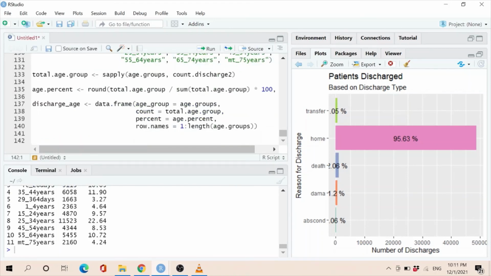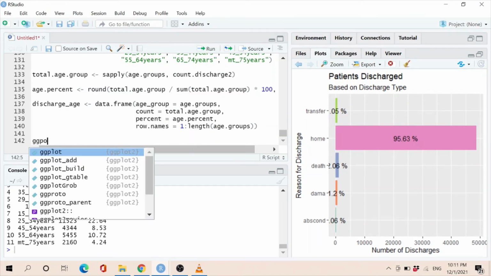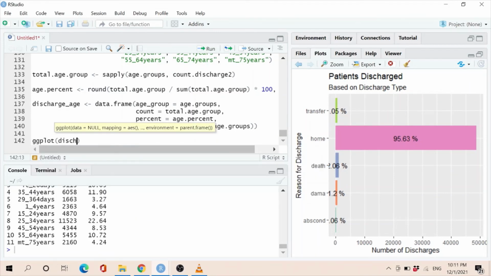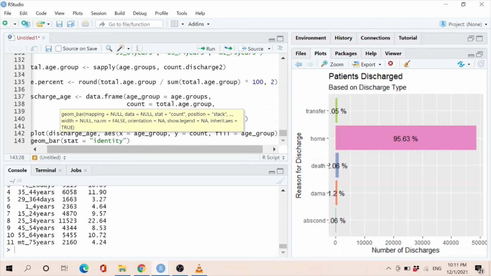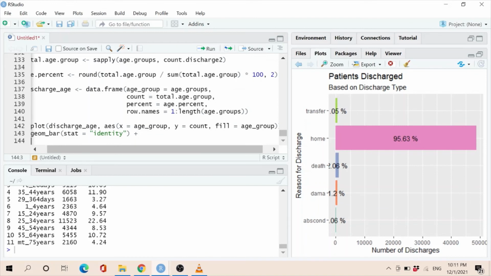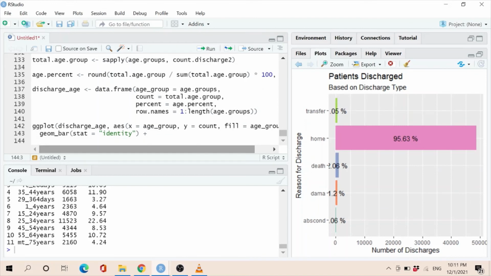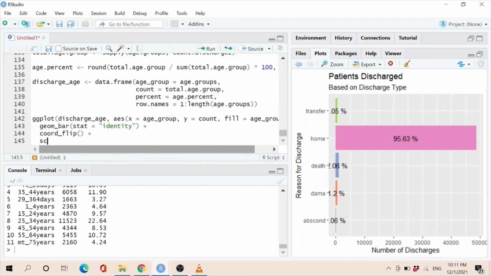Now again, we're going to make a simple bar chart. ggplot discharge age and the aesthetics. X is age group, Y is count, and we're going to color based on age group. We'll add the geom_bar layer, stat set to identity. Again, we'll flip the coordinates, and